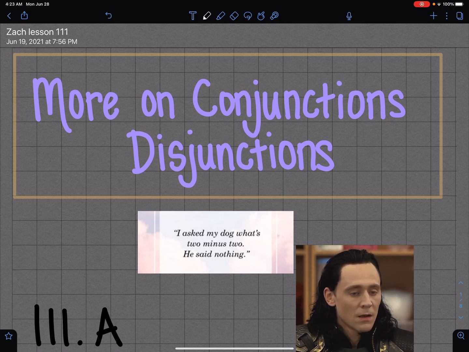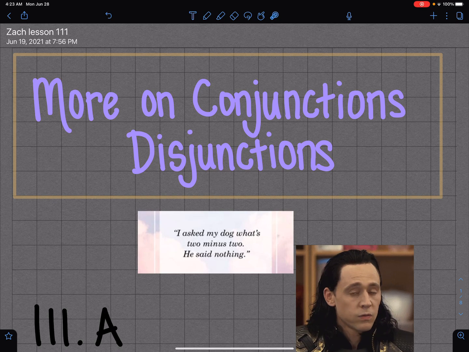This one starts on page 468, and I am going to try and make some sense today because it is right now 4:23 in the morning, and I'm at work, but I had a little bit of a break. So let's talk about conjunctions and then